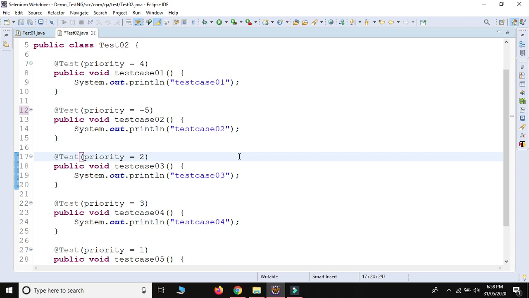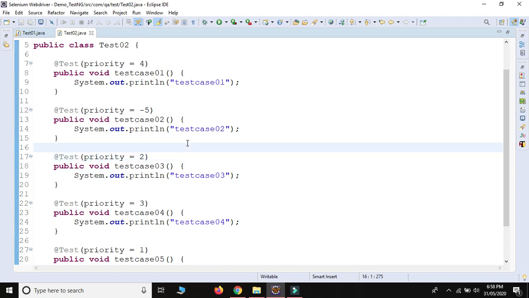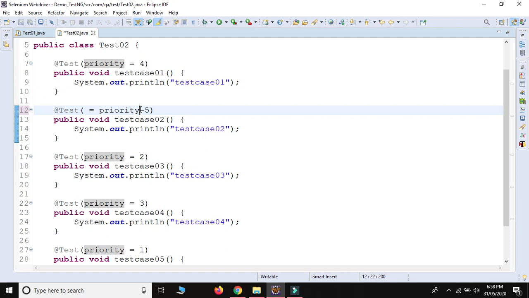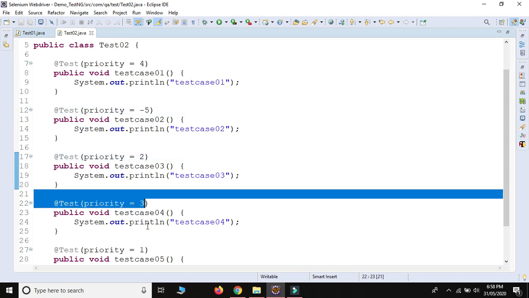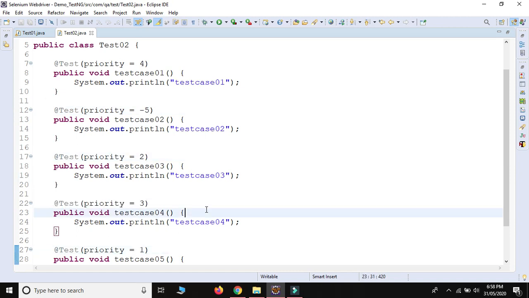Control Shift F and Control Save. So the answer is, it will take all these numbers: 4, -5, 2, 3 and 1.